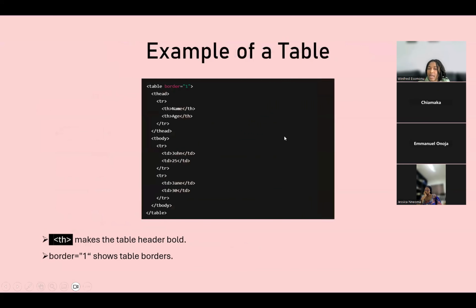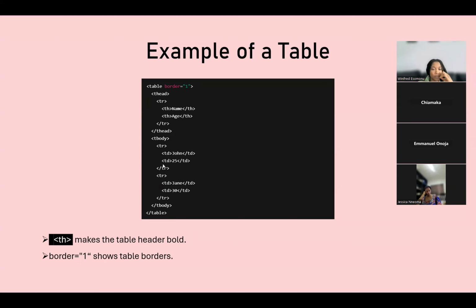But this is the basic example of a table. Table is my main container, and then I have my table head, and the names of the headings I want on my table are name and age. So name is going to be one column, age is going to be another column, two headings. And then I have my table body. So inside this table body, if I pass in John, it's automatically going to go on that name, and if I pass in 25, it's going to go on that age. I'll now create another one. Jane will go on that name, 30 will go on that, but these two by default will be bolder than these ones, because this one is under table head and this one is under normal table body,